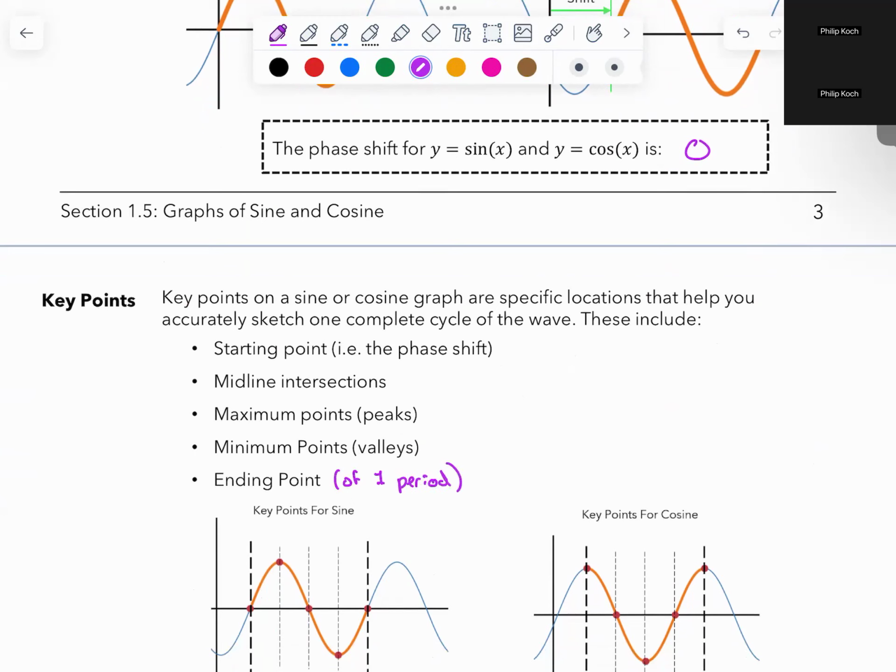So in this class, we will typically just draw one period of the sine or cosine curve, or tangent curve, or cotangent or cosecant curve. We'll typically just draw one period because it repeats itself over and over and over again. Why do we need to draw more of it?